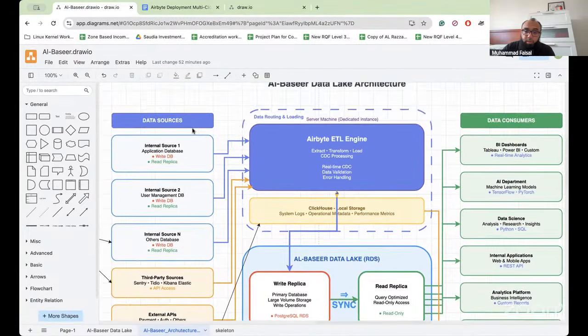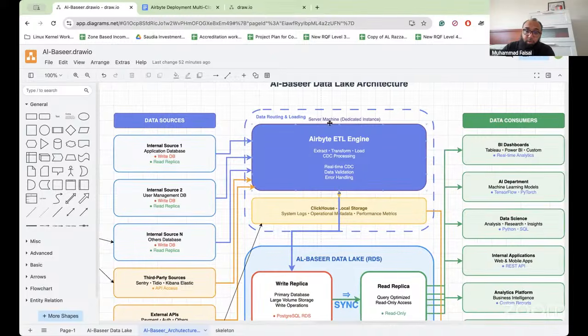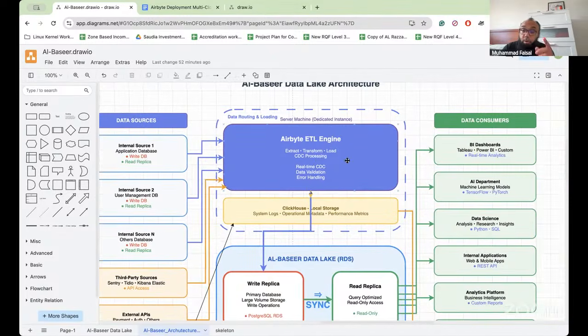It goes into the ETL pipeline, which means extract, transform, load, into the CDC processing. OPA is being used here: policy as a code, Open Policy Agent. And then there's ClickHouse, where the size of the data is about 5 terabytes, and it's growing.